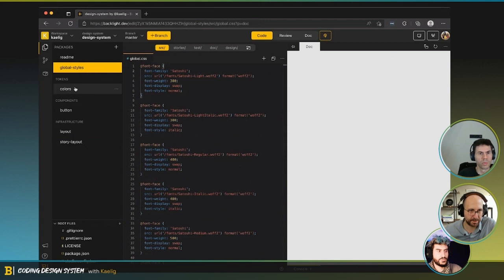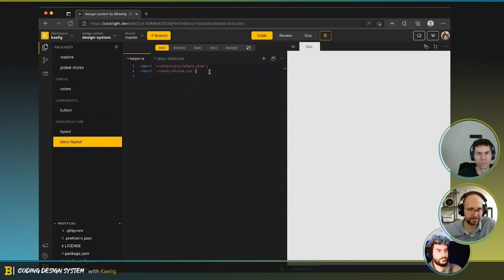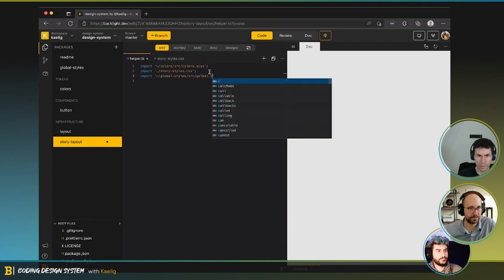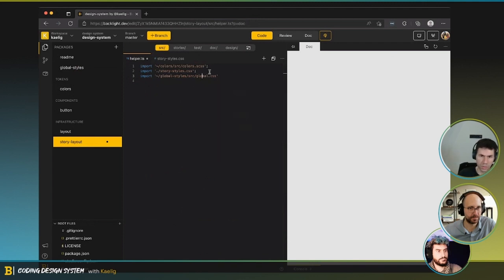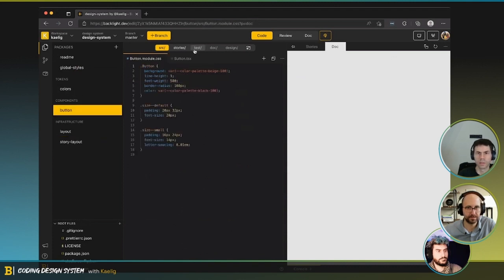Now we have the globals, and then what we can do is on the story globals, we load the story styles, and then we can load the global styles. Or at least the stories, they get the right thing.